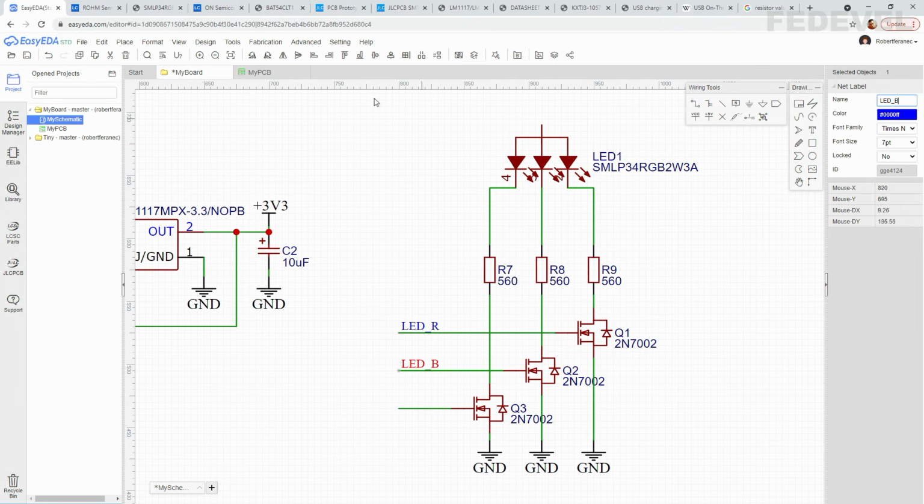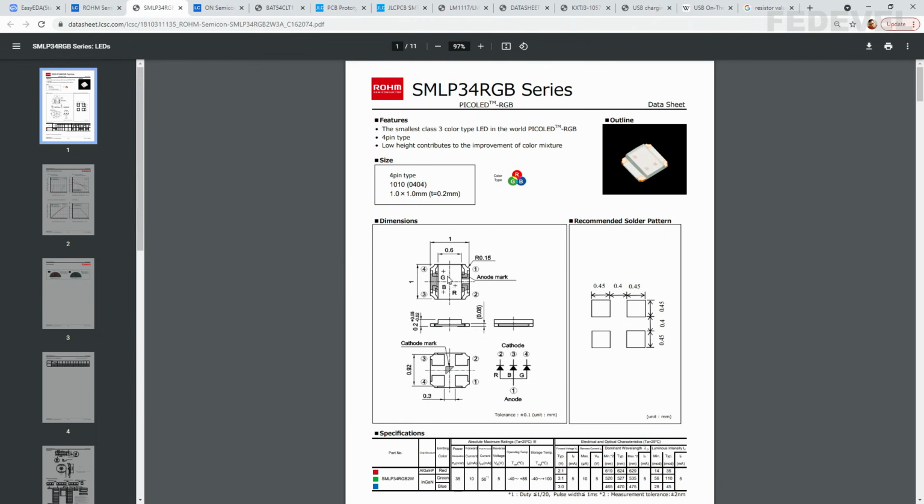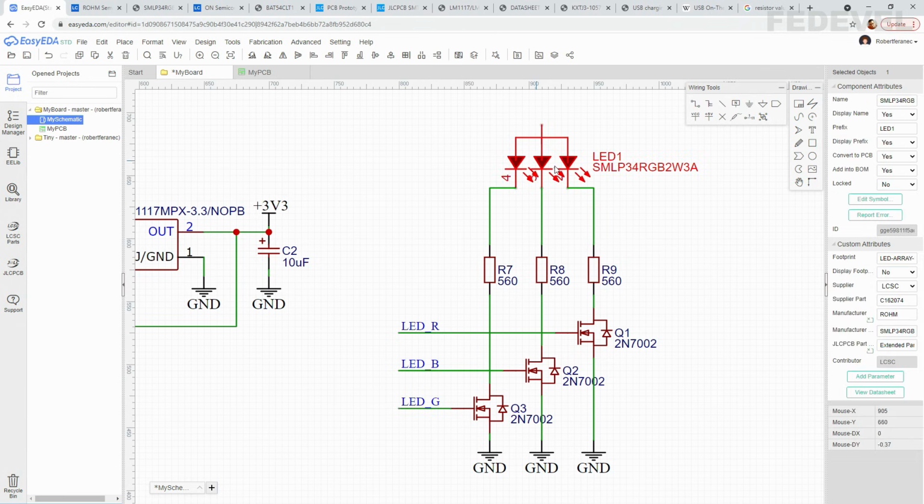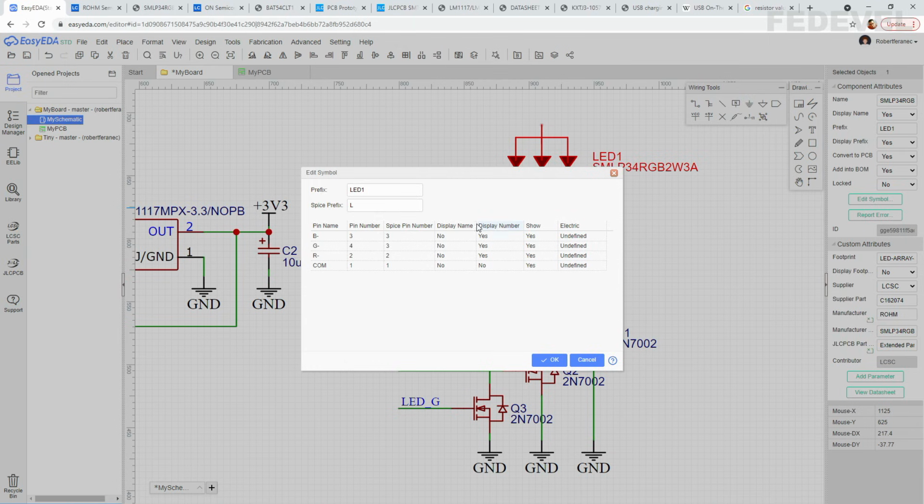And the last one, pin number 4, will be the green LED. So again, you can click here, or you can simply copy this, Ctrl C, Ctrl V, and change it to green. Select the LED, edit symbol, and hide these names or numbers again, because they don't look very nice in this symbol.